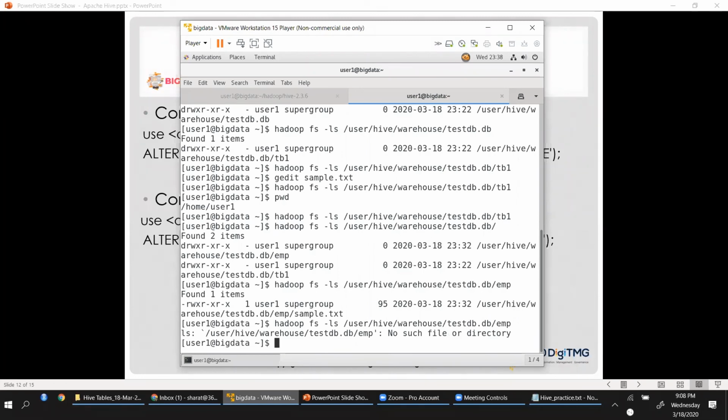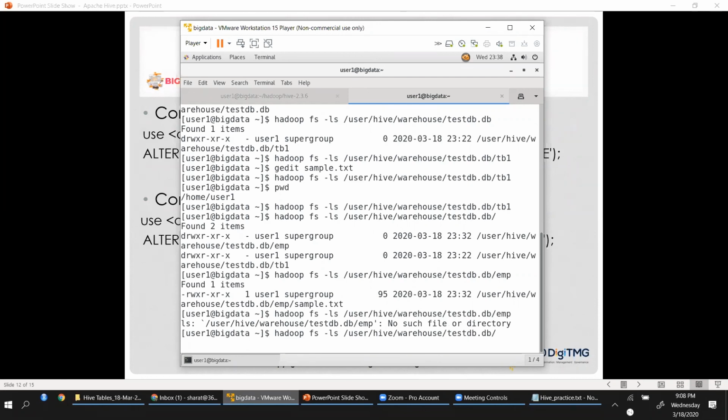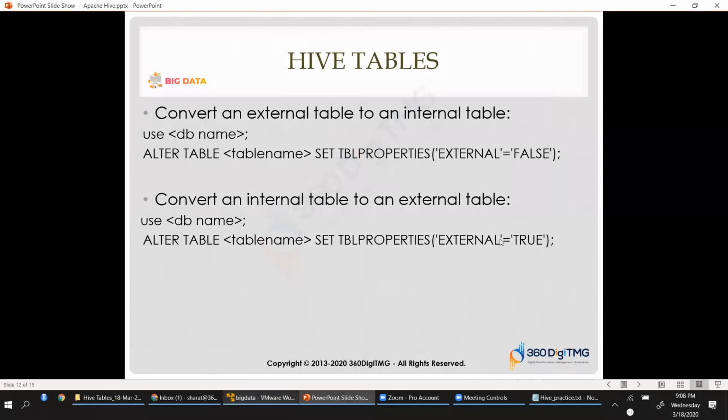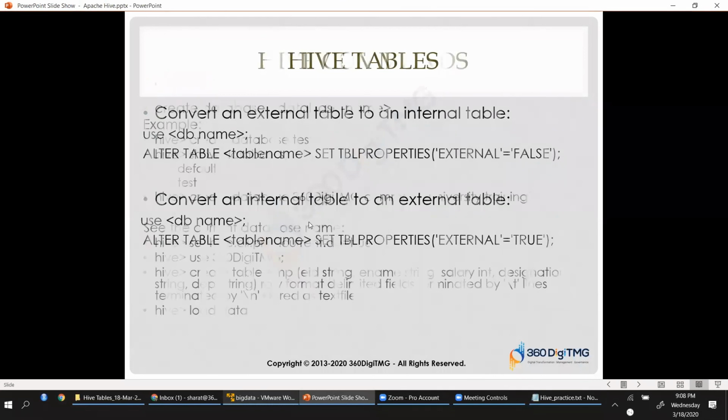Why is it not deleting? Strange. It's defined as an external table, external is equal to true, right? We converted an internal table to an external table, so it should not delete.